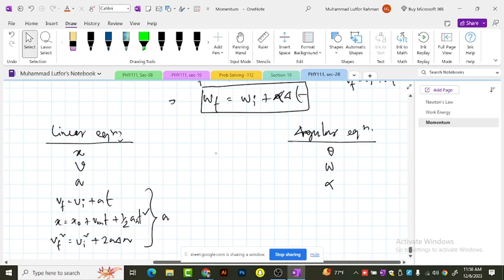Same thing we can write for the angular part. Omega f should be omega i plus alpha into del t, and final angular displacement should be initial angular displacement plus omega i t plus half alpha t square, and for the velocity part we'll write